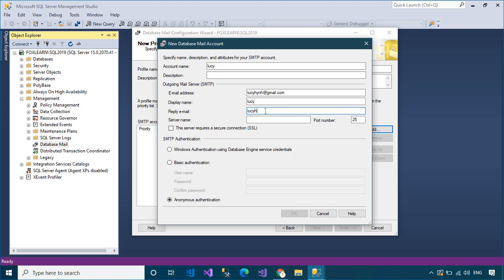A database mail account is only used for database mail. A database mail account does not correspond to a SQL Server account or a Microsoft Windows account. Database mail can be sent using the credentials of the SQL Server database engine, using other credentials that you supply, or anonymously. When using basic authentication, the username and password in a database mail account are only used for authentication with the email server. An account need not correspond to a SQL Server user or a user on the computer running SQL Server.